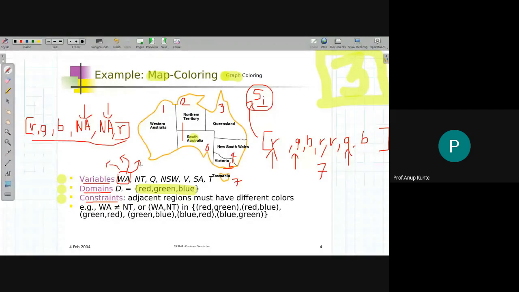Just a sanity check. You have understood what the map coloring problem is? If so,